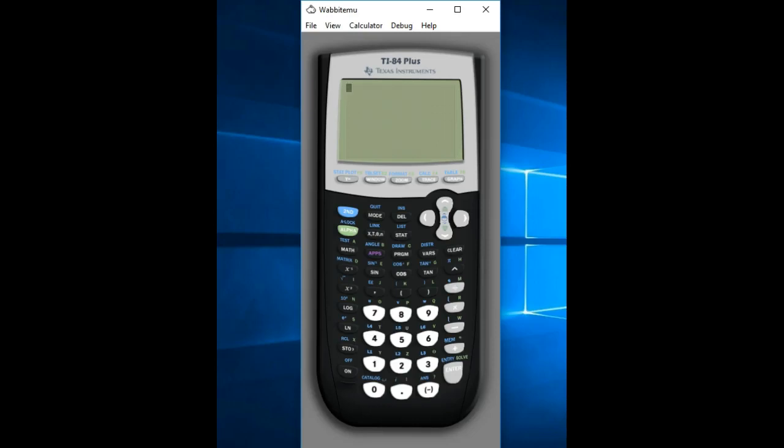This is a screencast on how to change how your table looks when you're graphing and you want to see all the ordered pairs. The table is counting by ones, but if you want the table to count by 0.5s in case you want those ordered pairs also. So I've turned on my calculator and I am going to go to, let's see if